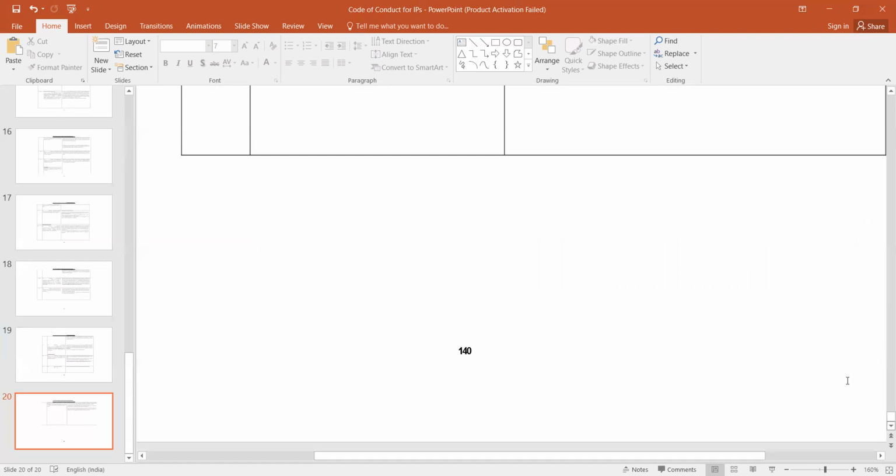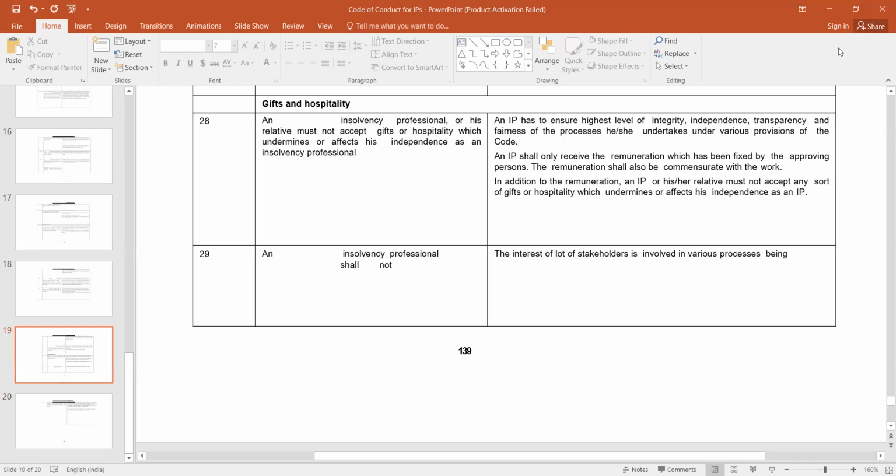Sir, in this remuneration and cost, you told that IP should inform the IPA and IPA will publish in the website. Whether such information can be published in the website, sir? No, there are forms for that actually. So on a periodical basis, you have to inform them. And you are required to share a certain percentage also with IBBI after the end of each year.